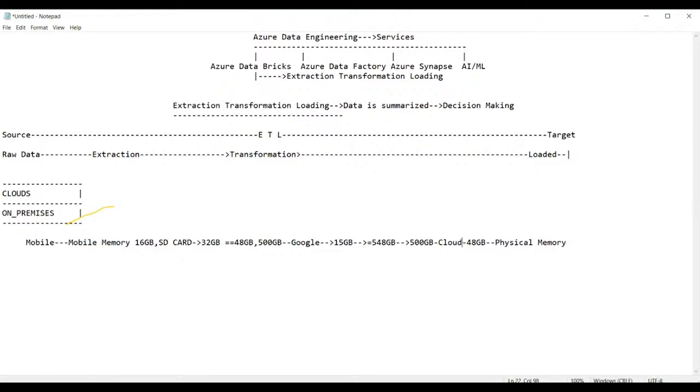Cloud data memory. Whereas the physical memory of your mobile phone, we can refer to as on-premises memory. Am I right, guys? So now tell me, what is the drawback you have between on-premises memory and cloud memory? With on-premises memory, once you lose your mobile phone, you cannot recollect it. But the same can be recollected using the cloud. Am I right or not? So now this is the drawback you have in the on-premises data.